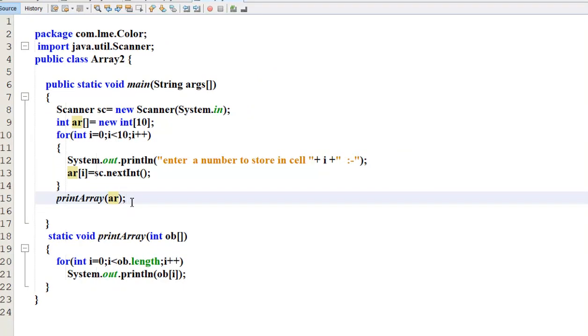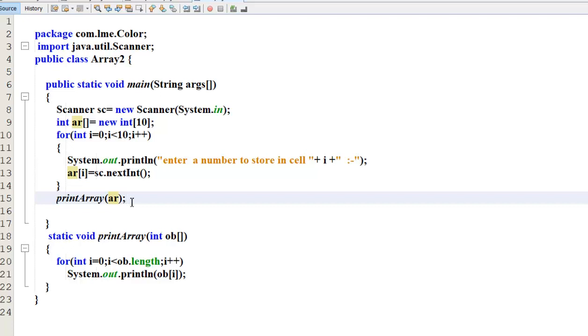Let us say you want to do some calculation. I want to print from cell 2 to 7. What will I write for that?